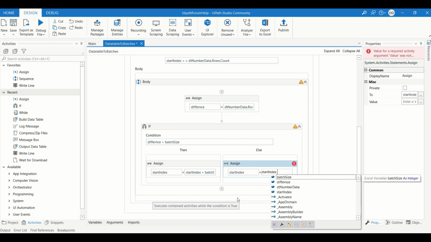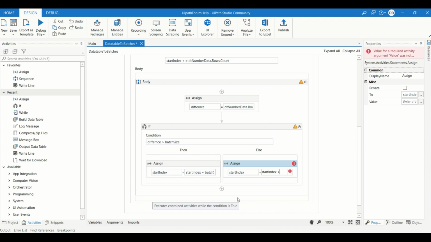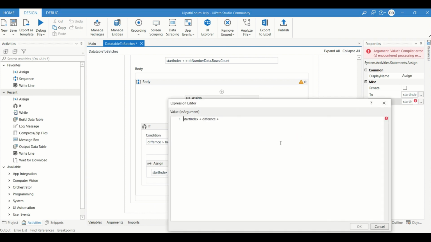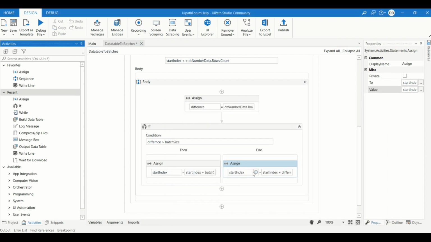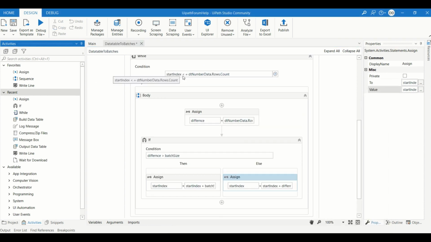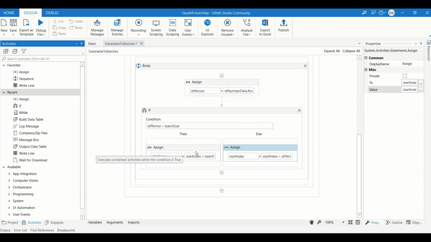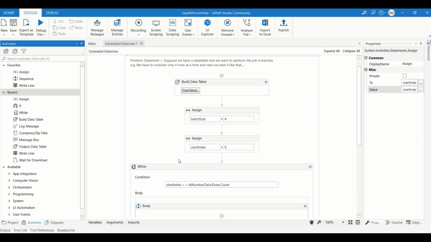Start index is 8 now, coming to the third iteration. This is plus and difference. What is the difference now? 2, because it is the last iteration, plus it is 10, it will enter into the while loop. So what we will do: start index plus difference plus 1, so it will be 11, and 11 is less than, it will not satisfy the condition, and the while loop will break. Now we have done all the conditioning, but the main problem is what we have created with this flow.